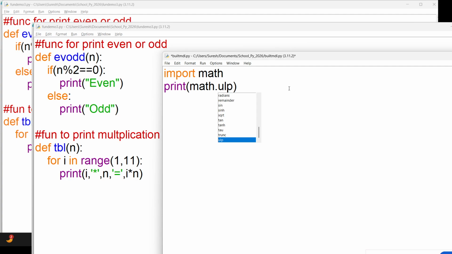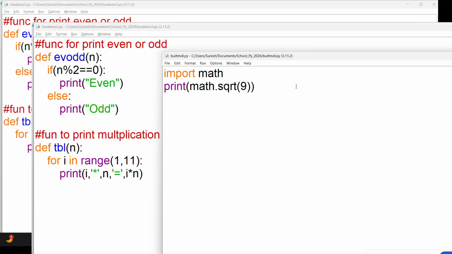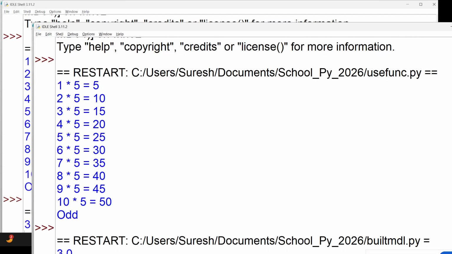So that's why the function topic and the module topic must be very clear. Do not have any confusion, because many students may think, what is this? How is the list coming out? Where did it come from? What is the logic behind this? The logic is very simple. If we are accessing this function, for example sqrt, and if I'm passing something here like 9, sqrt means square root of 9 is 3. See, 3.0.